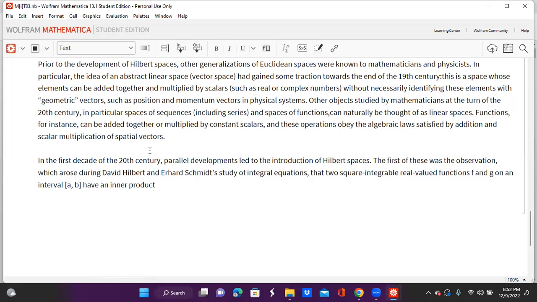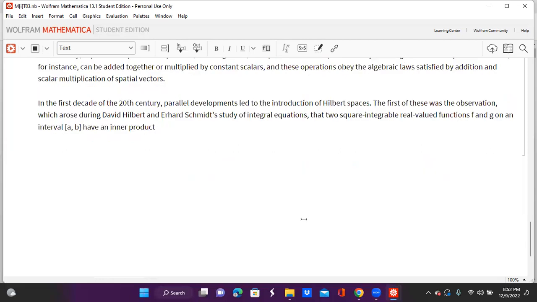In the first decade of the 20th century, parallel developments led to the introduction of Hilbert spaces. The first of these was the observation, which arose during David Hilbert and Erhard Schmidt's study of integral equations, that two square integrable real-valued functions f and g on an interval [a, b] have an inner product, and there was